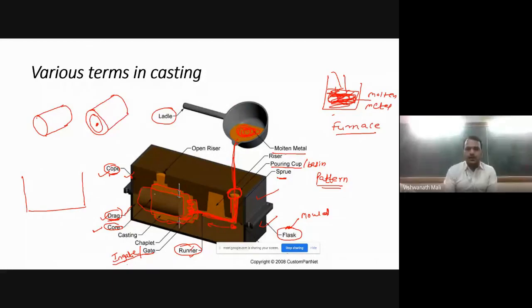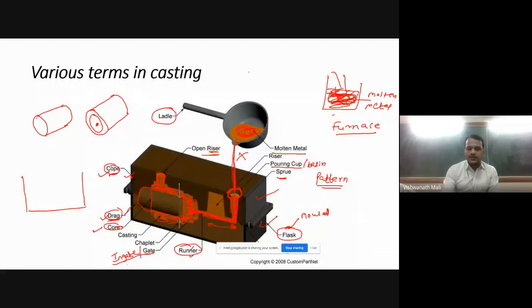Okay. Now molten metal will start to fill this. When it is filled, it will rise into this riser. When we see the molten metal came here, what we'll do? We will stop pouring the molten metal into the casting because it has got filled. So what is the function of riser?